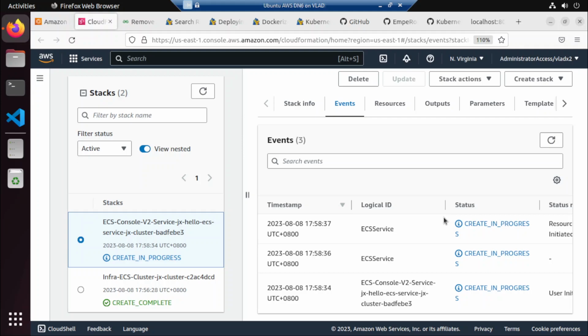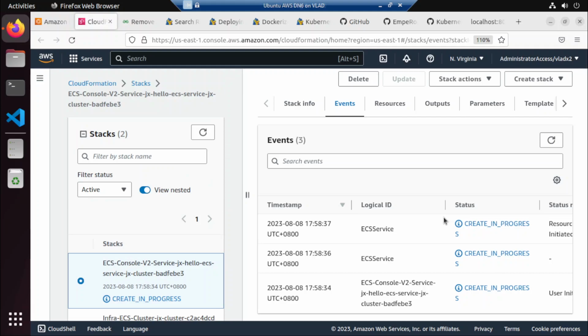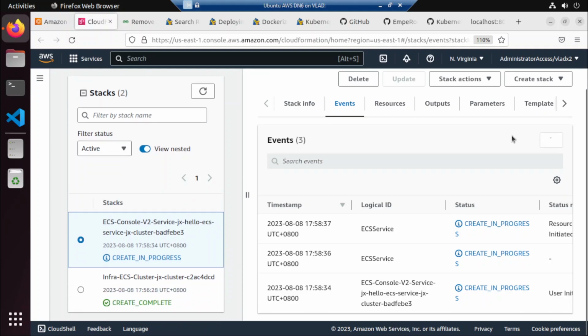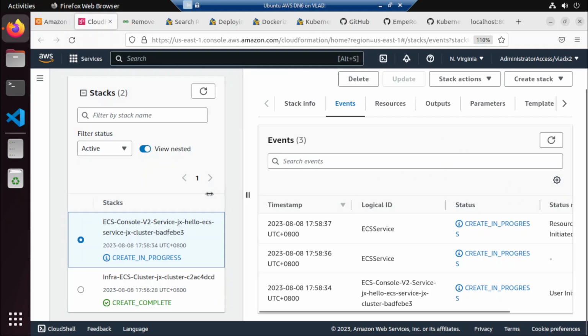Arabian night, Arabian night, it's Arabian day. Arabian night. Let us pause this one, and while waiting for this to complete, let us check what are the